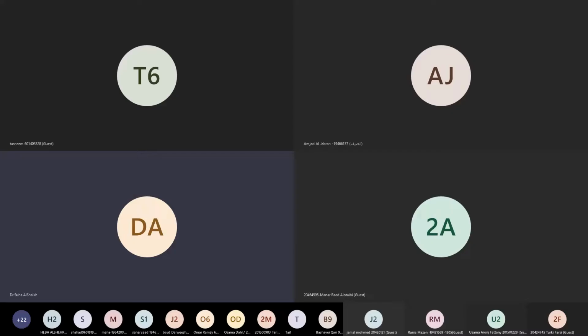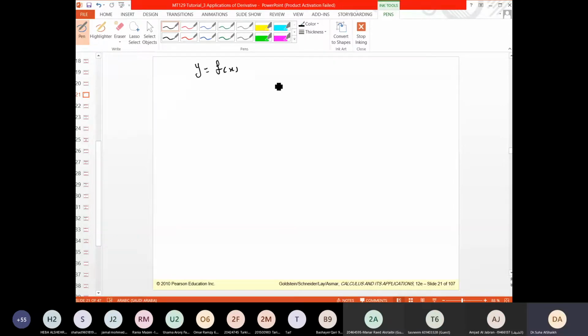Last time, we talked about a very important application of the derivative. This application is to study the behavior of the function: to check if the function is increasing, if the function is decreasing, if the function is concave up, if the function is concave down, if I have a local maximum point, if I have a local minimum point, and if I have an inflection point. Okay? So you may have the function y equal to f of x, and you find the derivative of the function